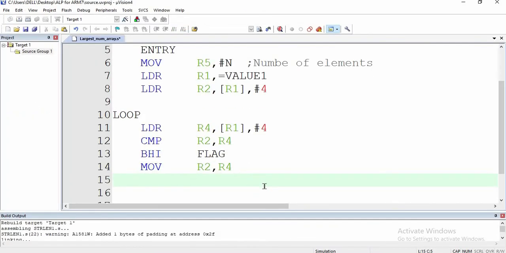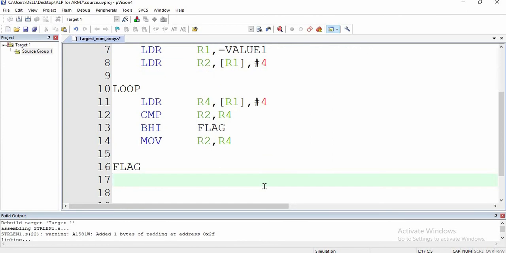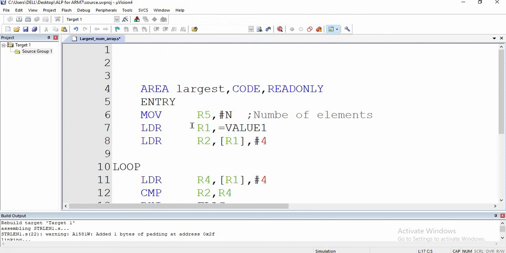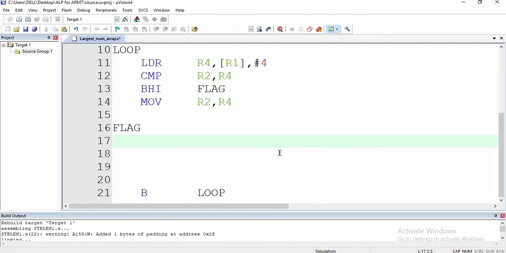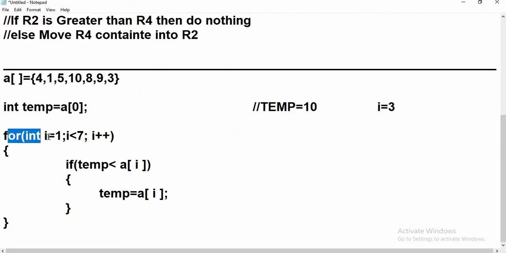After this, I will come to FLAG here. Here we are going to subtract from the number of elements, that is the i value which I showed in the C code. Now it is 6, the n value.